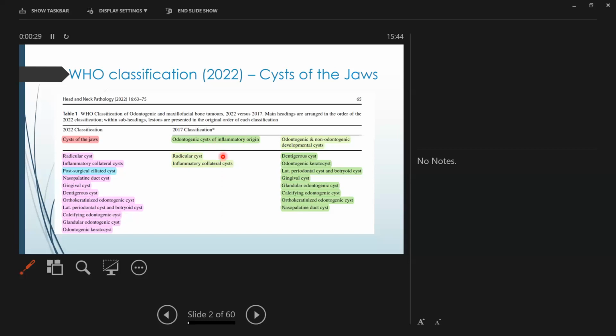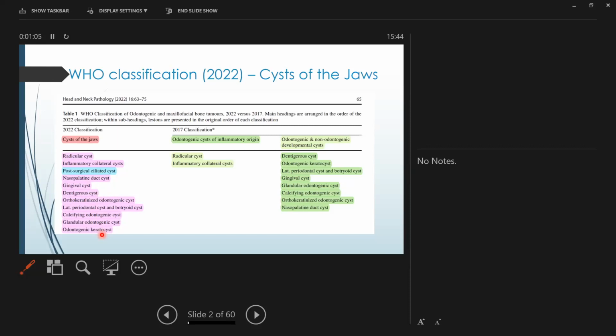And in the 2017 classification, there were two categories, developmental cyst and odontogenic cyst. But now they have classified these as cystic lesions of the jaws, and they have not classified them as anything else. So the major difference is only that this cyst, the post-surgical ciliated cyst, has been introduced, and there's no major classification leading to developmental or odontogenic cyst. So you have the major cysts here, the radicular cyst, the gingival cyst, the dentigerous cyst,